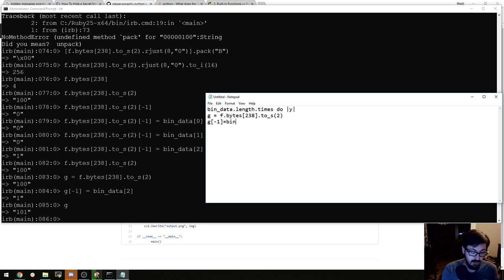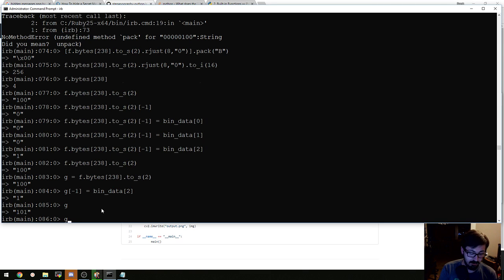No, bin data y, and this would be plus y 234 plus y 2s2 G blah that equals bin y, and then we do, because then we need to go G dot 2i16